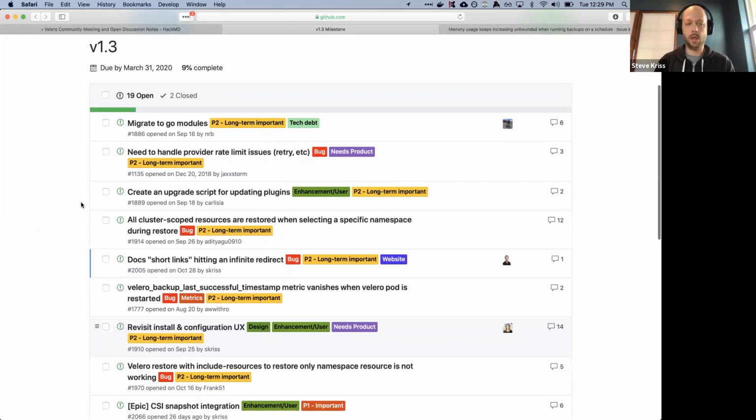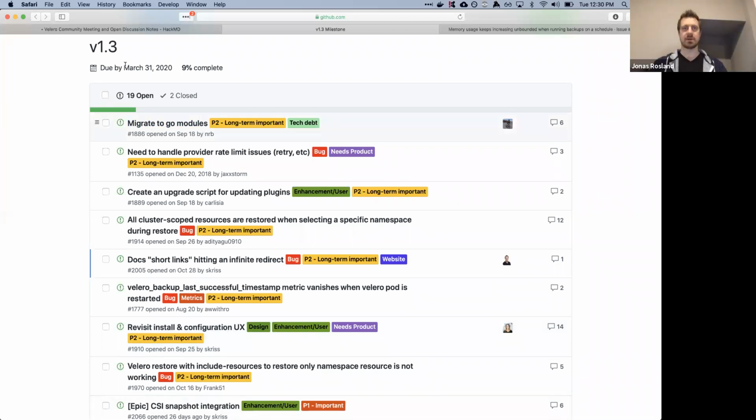As far as timeline for the 1.3 release, given that we're straddling the end of the year, this release will probably have a slightly longer cycle than some of our other ones. We've got a tentative end date of March 31st, but somewhere around the first quarter of next year is when to expect this to land. Around that date, that's KubeCon in Amsterdam as well. So around KubeCon, essentially.